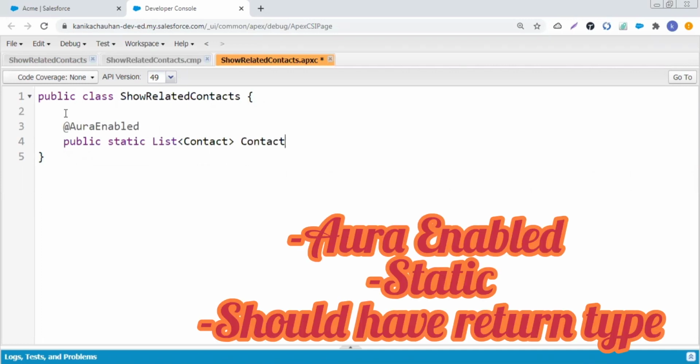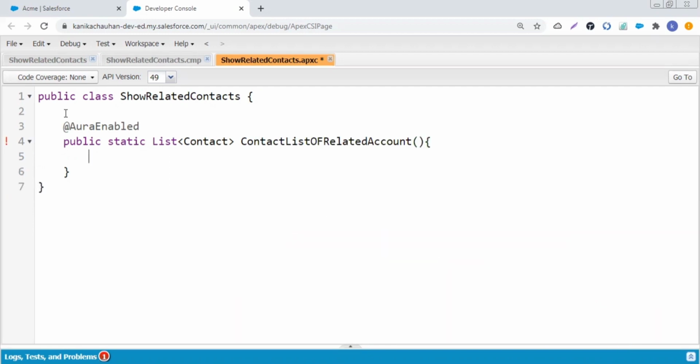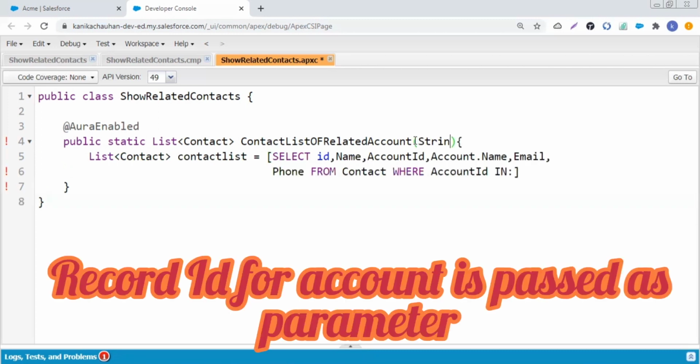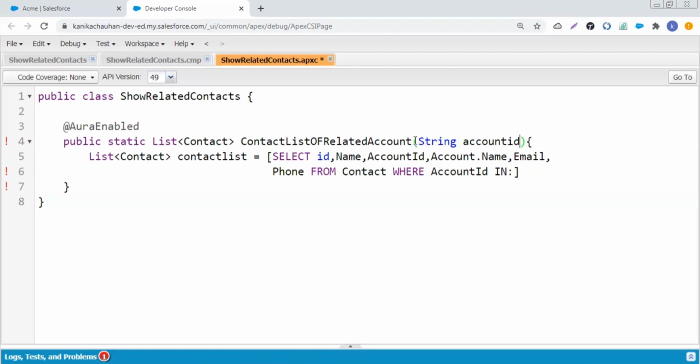This is of static type, and the return type will be a list of contact, as we are going to return a list of all contacts related to that particular account ID. Now I am going to pass the account ID in the parameter. Related to this account ID, it will return the list of contact. Return contact list. So now my method, my handler is completed.